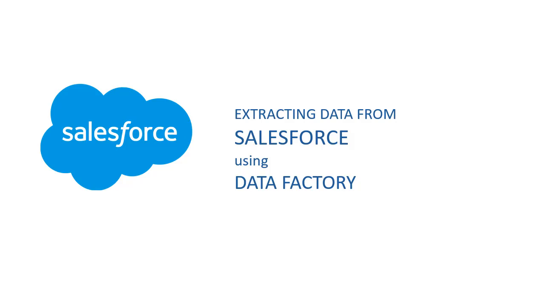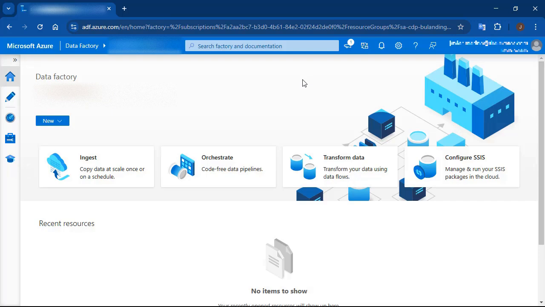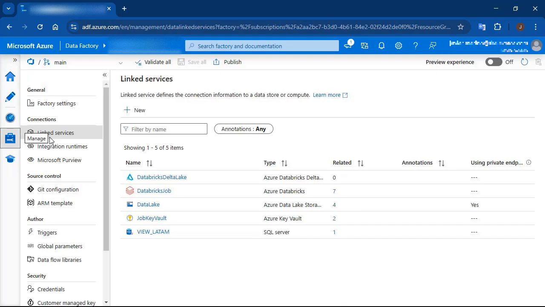Hi guys, in this video we are going to learn different ways of extracting data from Salesforce using Azure Data Factory. The first thing we need to do is to create a linked service. So we have here the Data Factory resource. We are going to the Manage area, Linked Service,